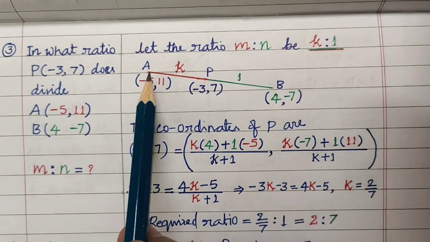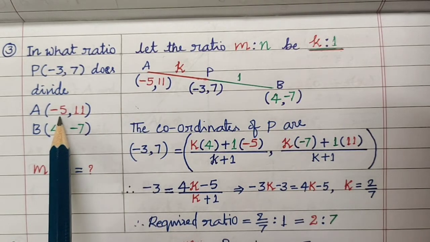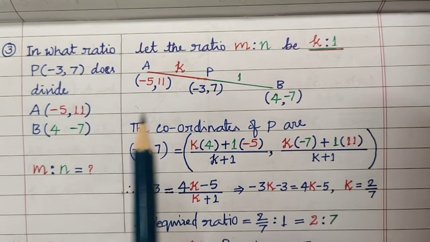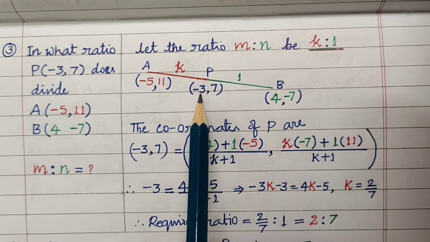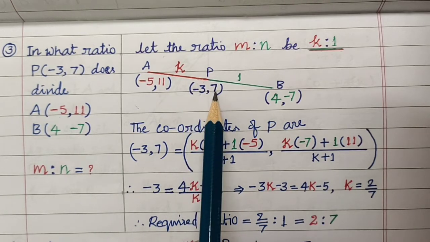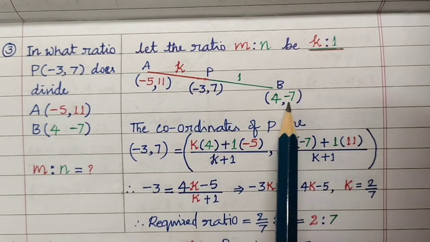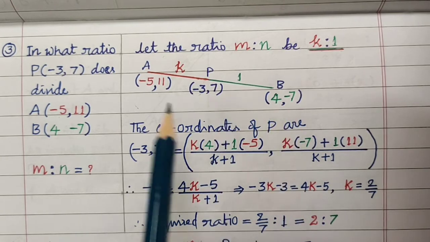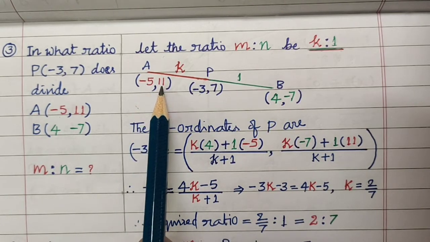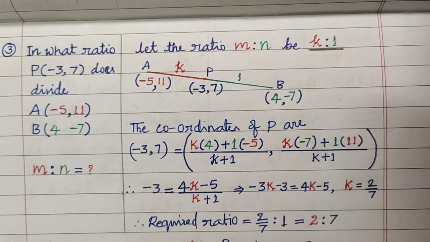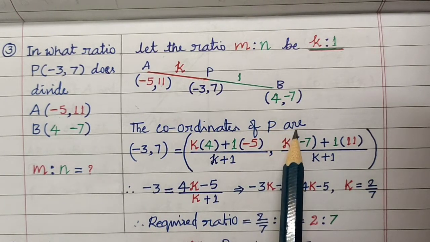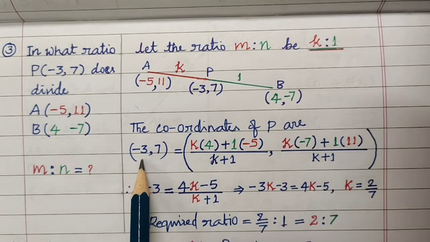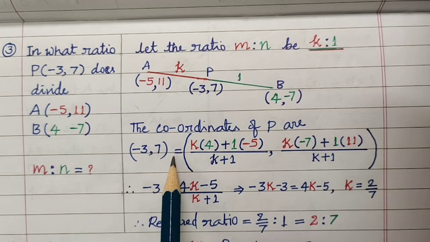A, B. The coordinates of A they have given as minus 5 and 11. P is x, y, minus 3, 7. x2, y2 is 4 and minus 4. x1 is minus 5, y1 is 11. The coordinates of P are minus 3, 7. That is, x, y is equal to